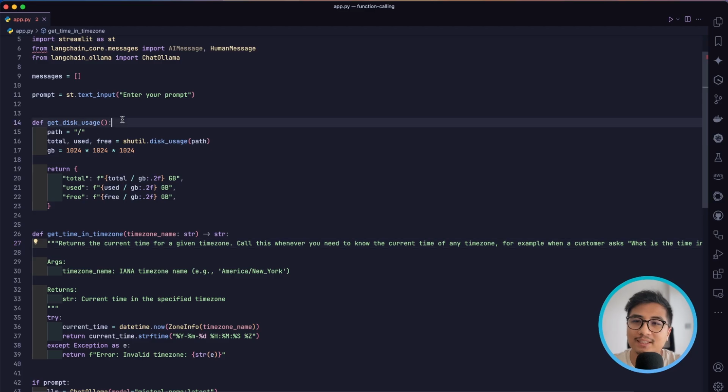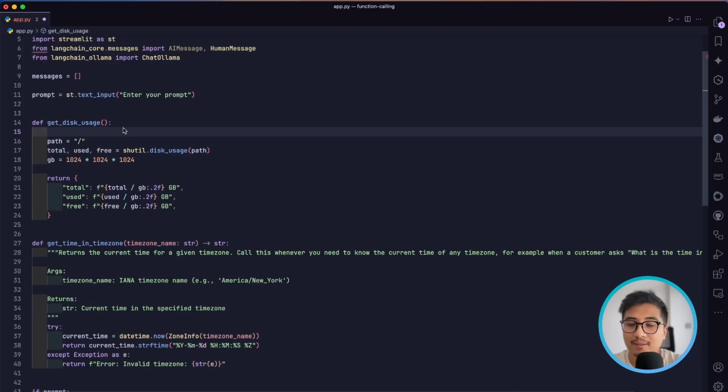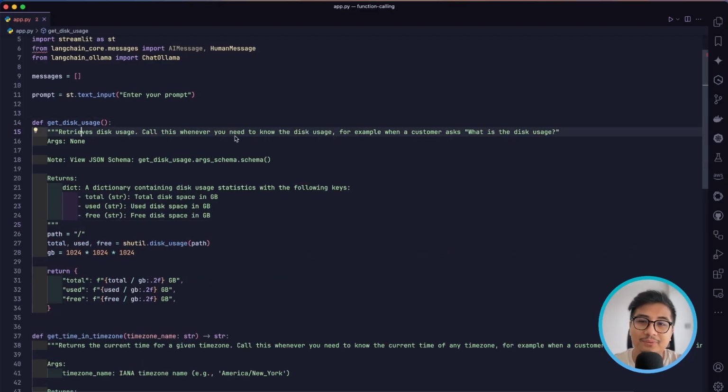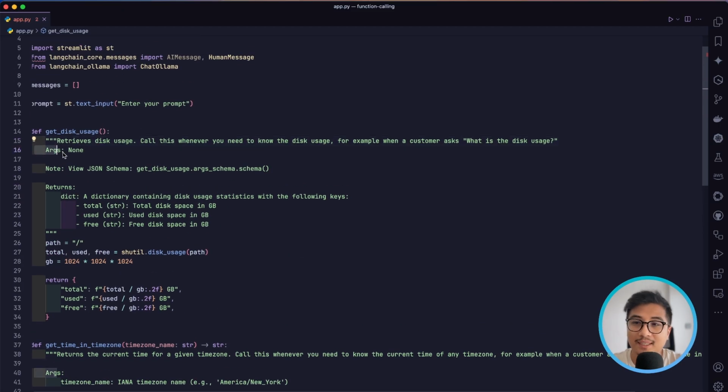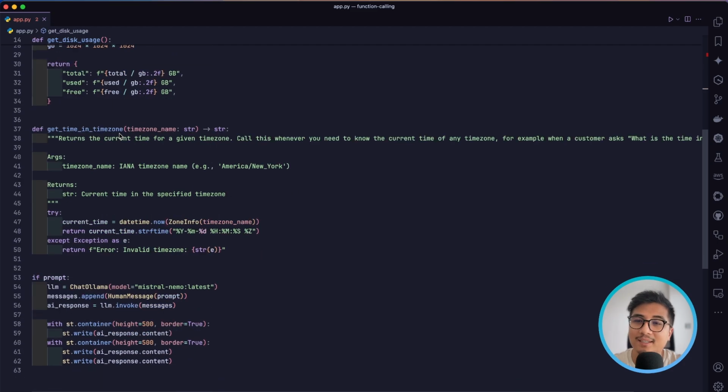I'm going to do the same for the disk usage as well. Let's paste it. Call this whenever you need to know the disk usage. For example, when a customer asks, what is the disk usage? So there are no args here, but if you see on get_time_in_timezone, we have one argument, which is timezone, and we also need to specify the IANA time zone name, example America/New_York. This is particularly to guide the large language model on what kind of output it should generate